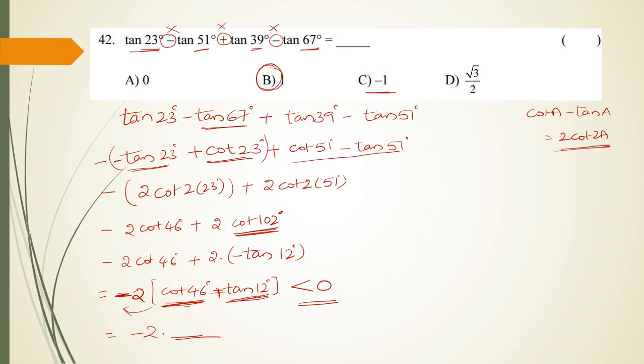If I am given tan 23 degrees into tan 51 degrees into tan 39 degrees into tan 67 degrees, then I am going to get option B, right? Next, moving on to question number